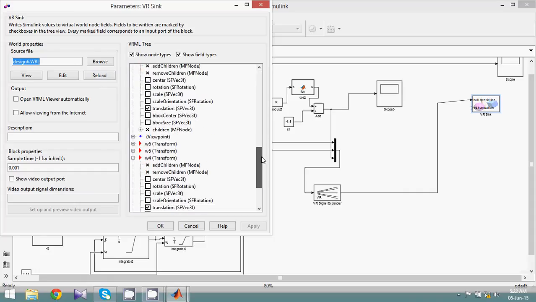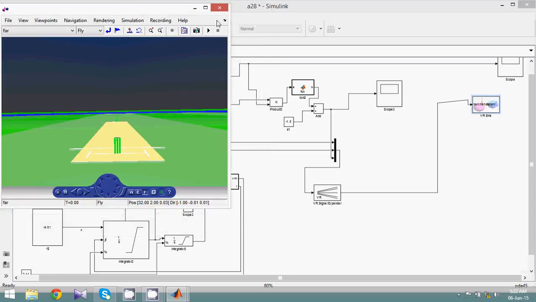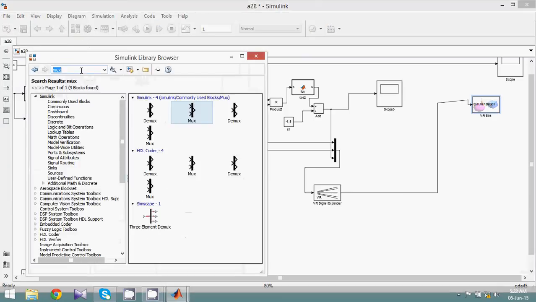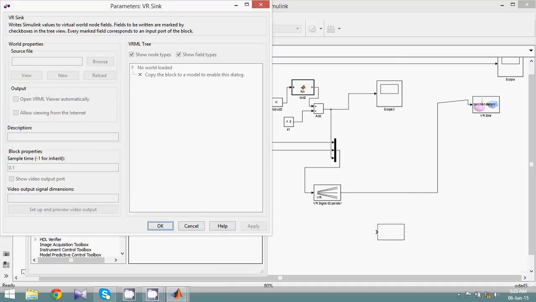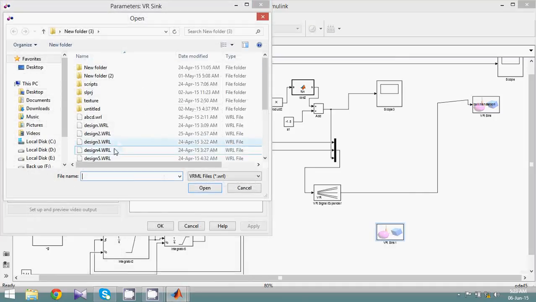Now we're going to apply it. Okay, so that's about that. This is actually a VR realm form. It's based in MATLAB, so how do you find it? What you do here is type VRSync and enter it. So it's going to give you that. If you just right click it and browse, then